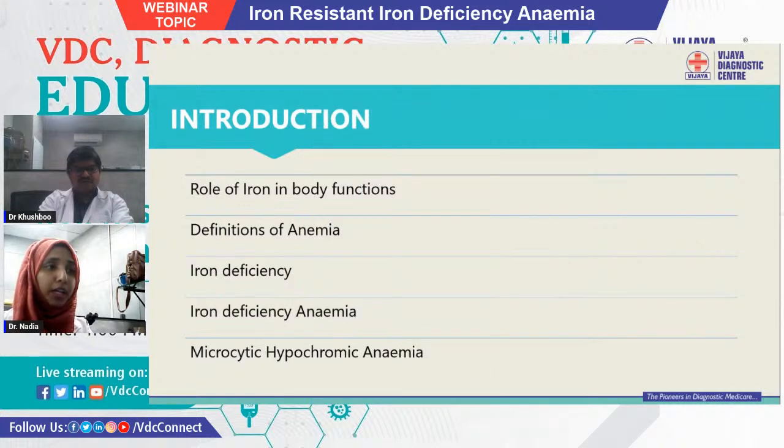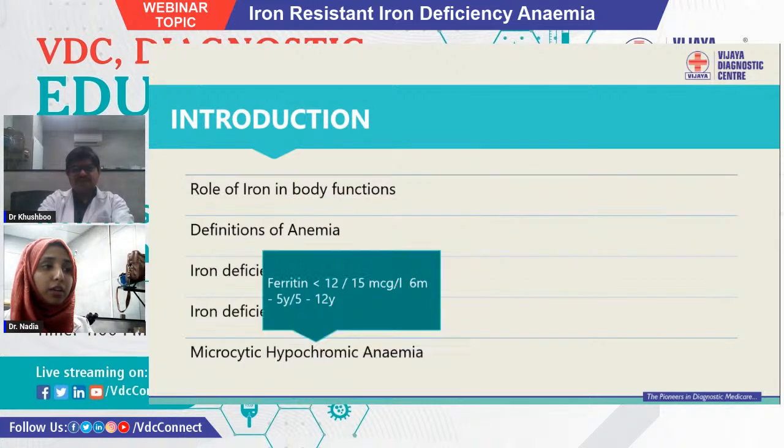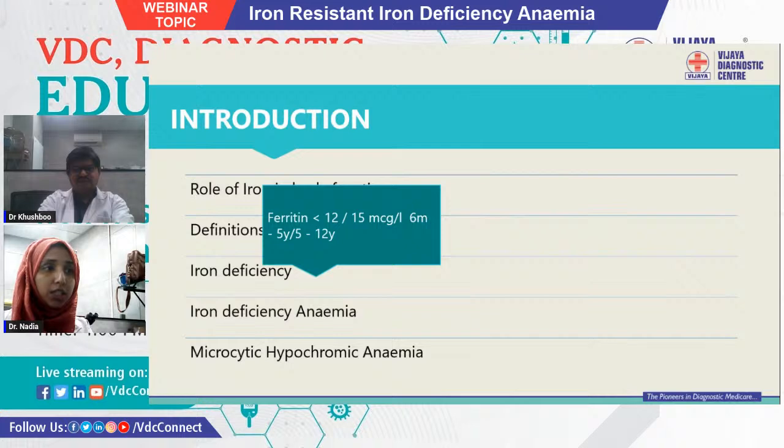So how do we define anemia, especially in kids? Because this presentation is going to be from the perspective of the pediatric population. Hb less than 11 in the age group of 6 months to 5 years, or less than 11.5 grams per deciliter in the age group of 5 to 12 years is defined as anemia. Whereas iron deficiency is considered when the ferritin levels are less than 12 micrograms per deciliter in the age group of 6 months to 5 years, and less than 15 micrograms per deciliter in the age group of 5 to